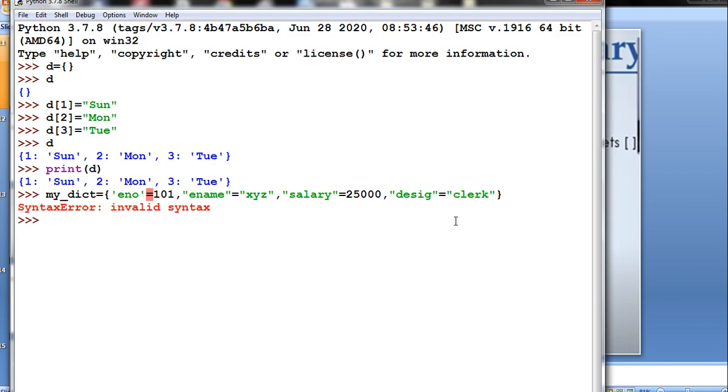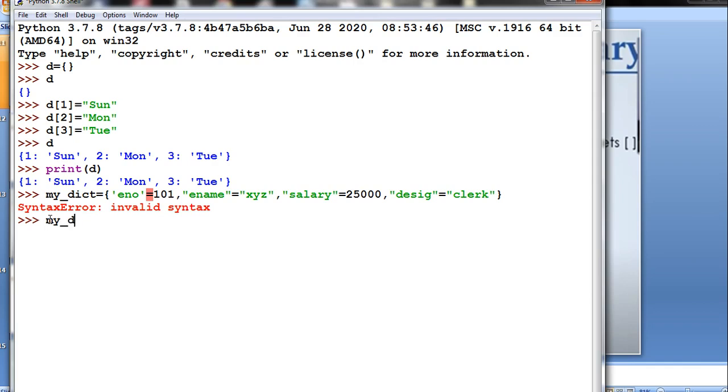Invalid syntax, where did I make a mistake? It is not equal to, it is a colon for a key value pair.